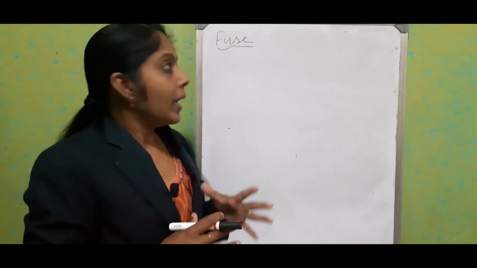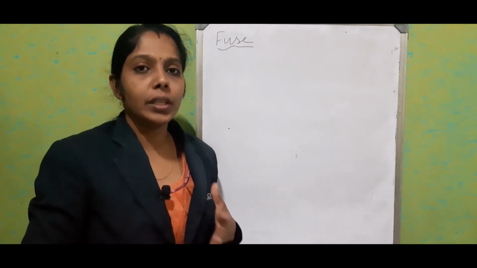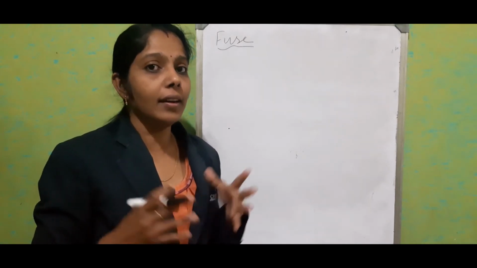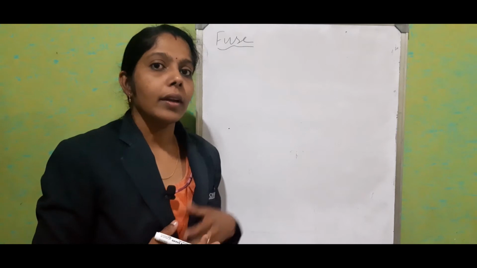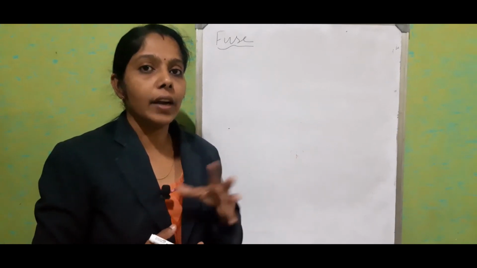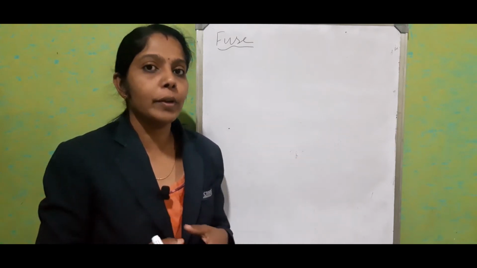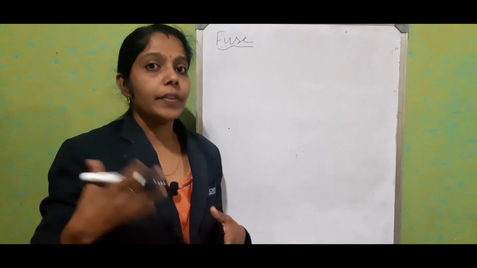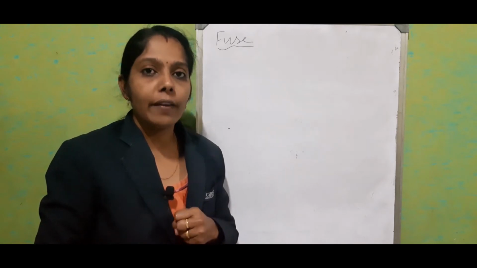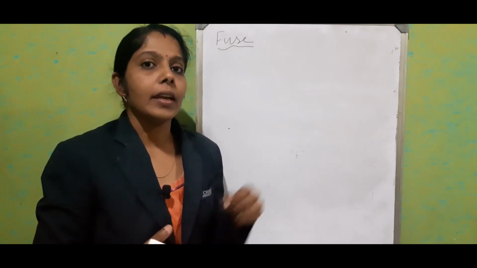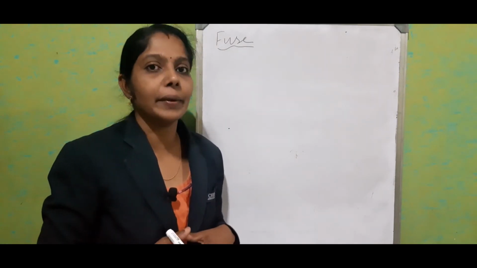We have come to our main topic, the fuse. The fuse is used in the electric circuit to safeguard the equipment. If excess current passes through the circuit, it breaks the circuit and safeguards all the materials. All equipment has a particular working limit. If the total current exceeds it or overload happens, the fuse wire will melt and safeguard. The fuse is always connected to the live wire. I'll tell the reason later.